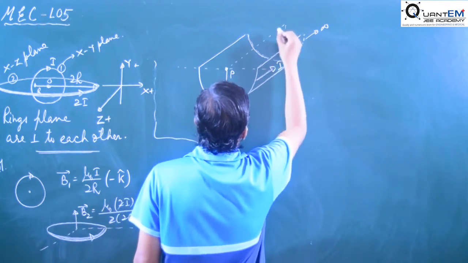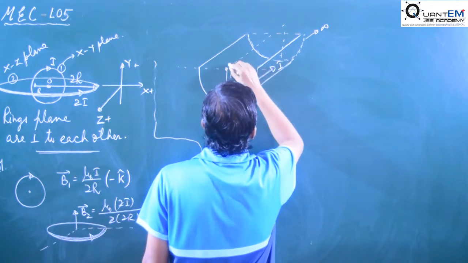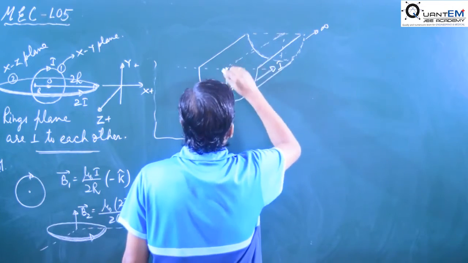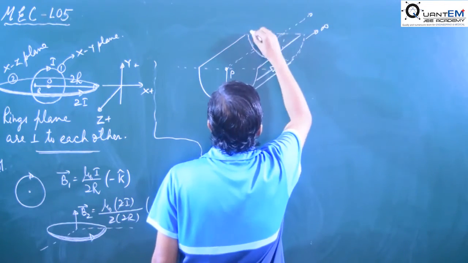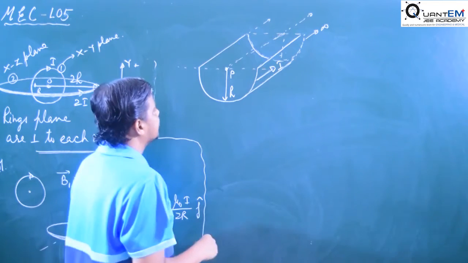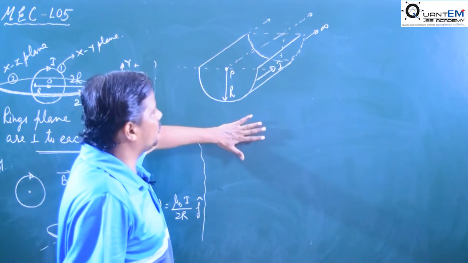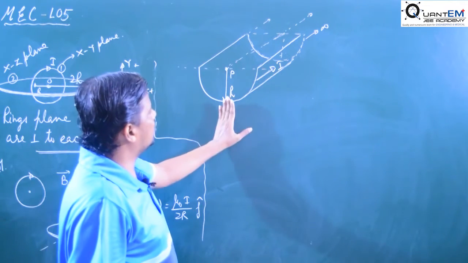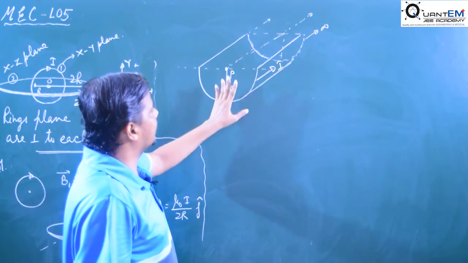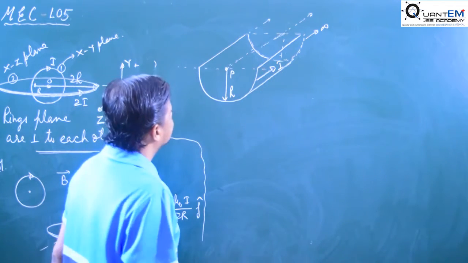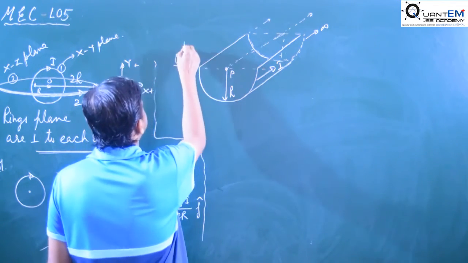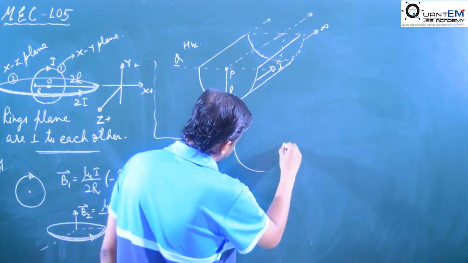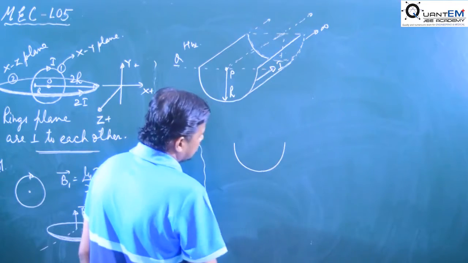Okay, at this point you have to get magnetic field intensity. Okay, means inside this plane of paper, the conductor is of infinite length. So in front of any one end you have to get magnetic field intensity. And the next question we have, similarly you have to get magnetic field intensity at any point